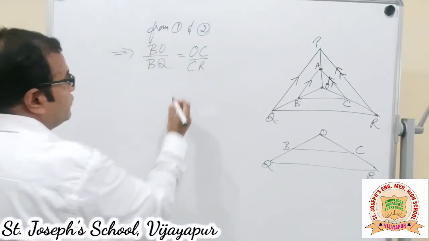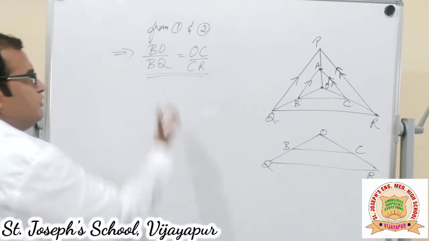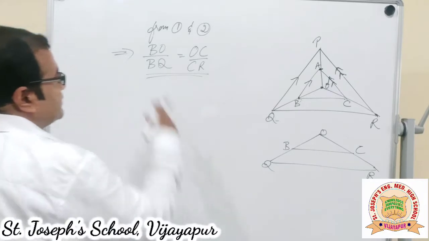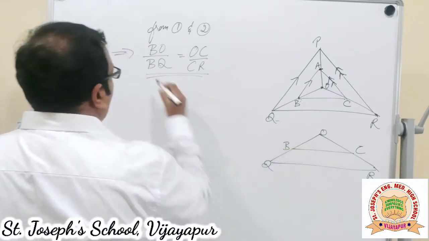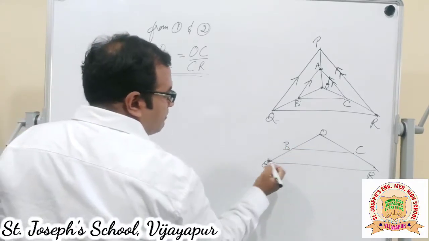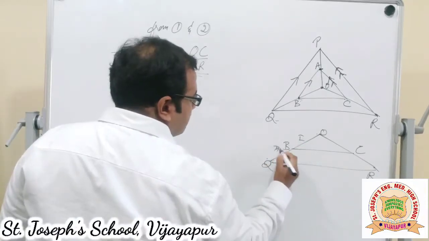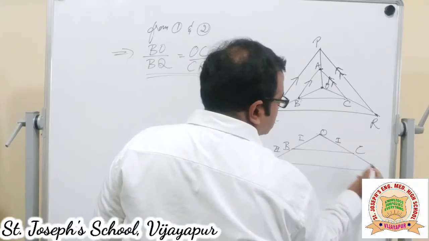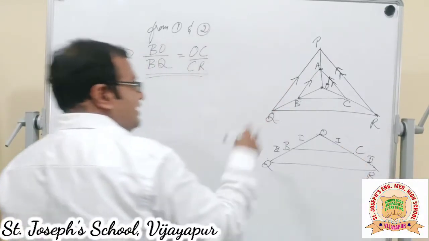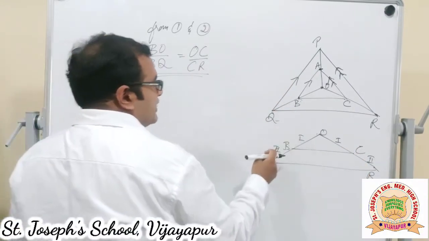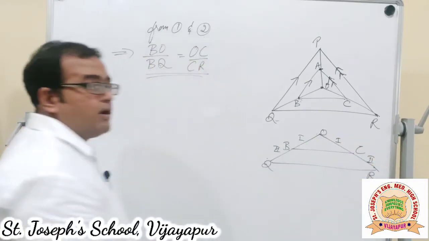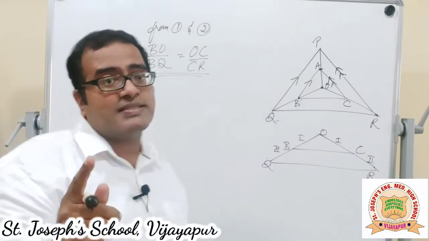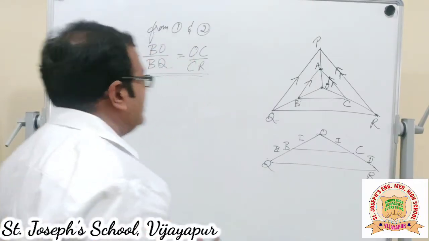But what do we know from the previous equation? If you want, you can call it equation 3. What do you know from equation 3? From equation 3, we know that BO upon BQ, that is first part upon second part, is equal to OC upon CR, OC being the first part, CR being the second part. They have given first part upon second part is equal to first part upon second part. They have given the proportionality. We need to prove parallel, means this is not BPT but converse of BPT.